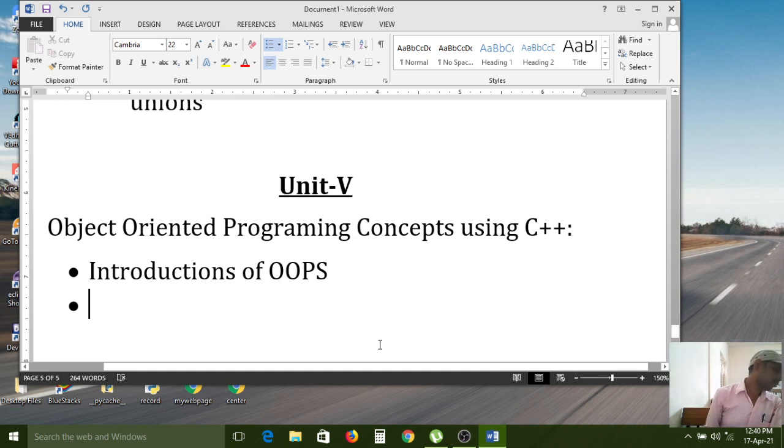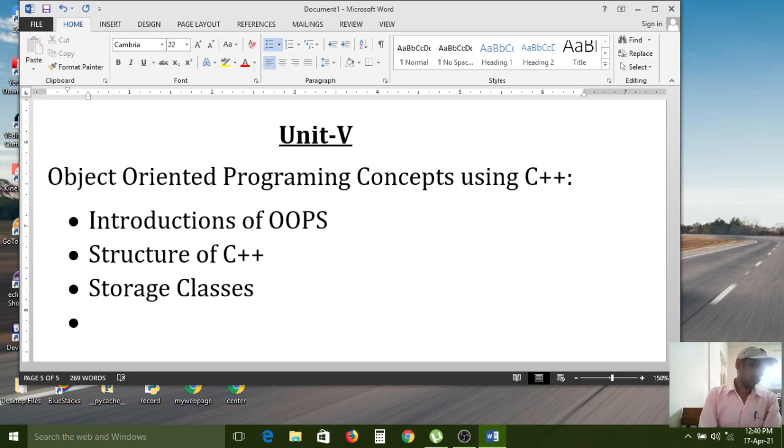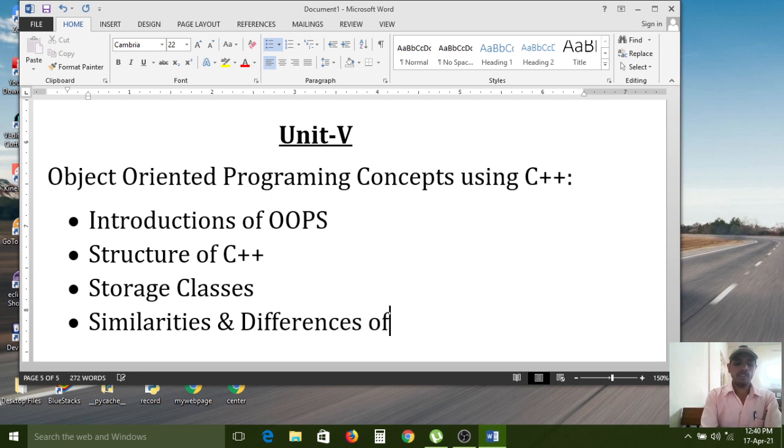Next one, structure of C++. Up to unit 4, you have to learn the C language only. But in the 5th unit, you need to learn C++ concepts. Next, storage classes, similarities and differences of C and C++.